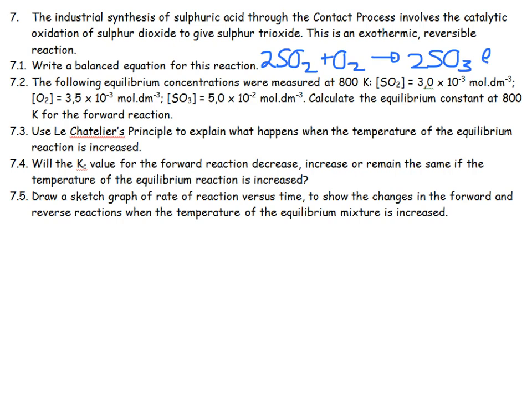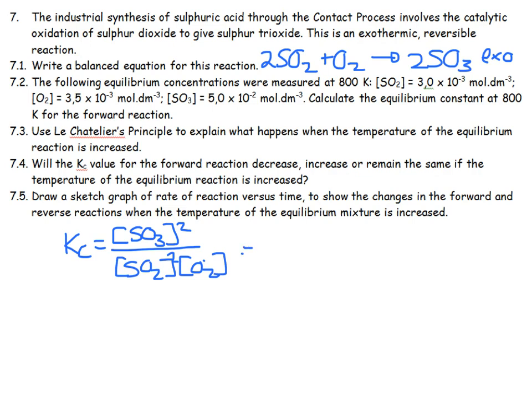It's an exothermic reaction. The following equilibrium concentrations are measured. Calculate Kc. They've given you the concentration, so you don't need a rice table. You just need to say the concentration of the products raised to the coefficient divided by the concentration of the reactant, also raised to the coefficient, and you're going to substitute in 5 times